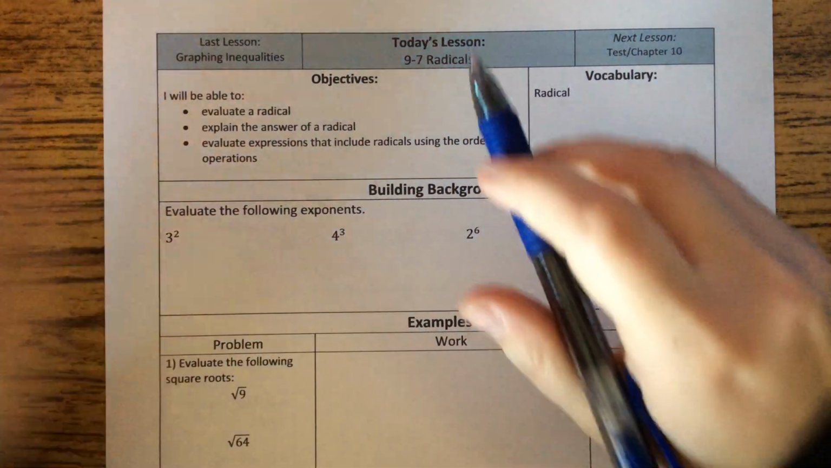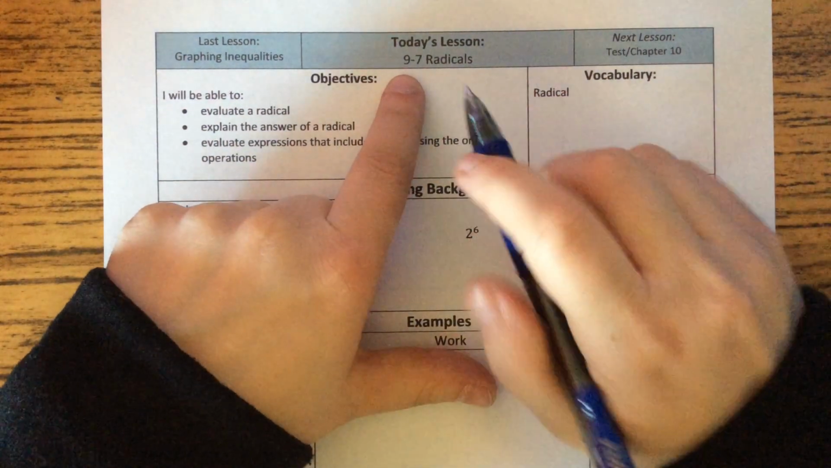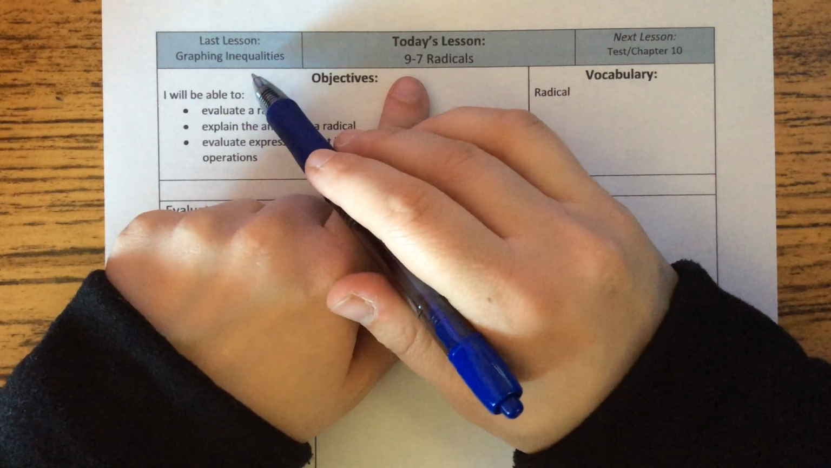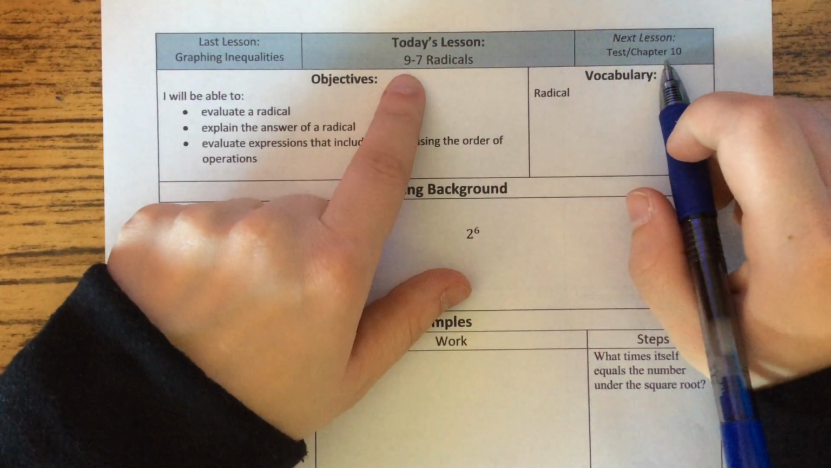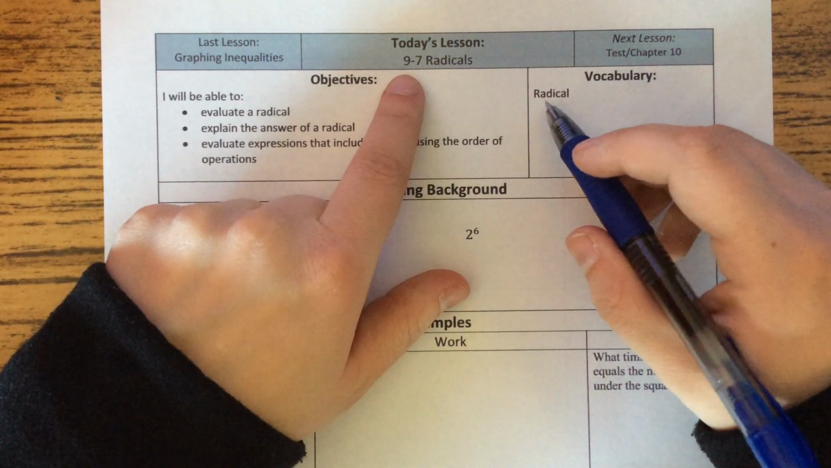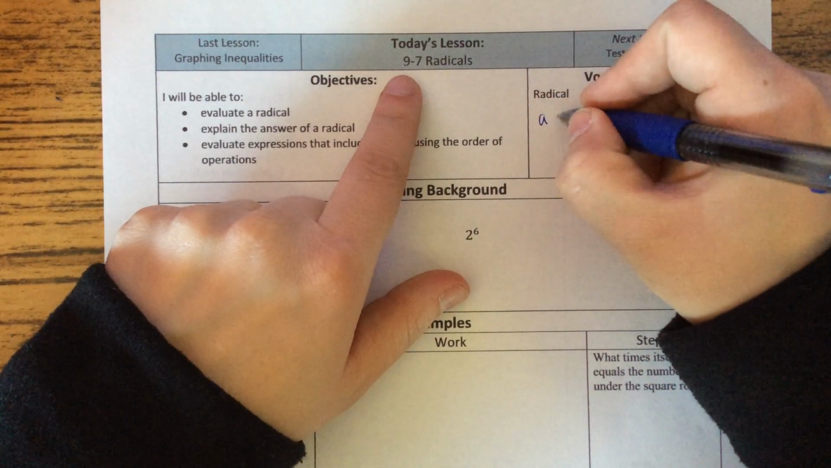Alright, welcome to 9-7, which is radicals. It's the last lesson in chapter 9. We just finished graphing inequalities. Our next thing we'll do is take our test and do our chapter 10 test, or move on to chapter 10. So a radical is a way to undo